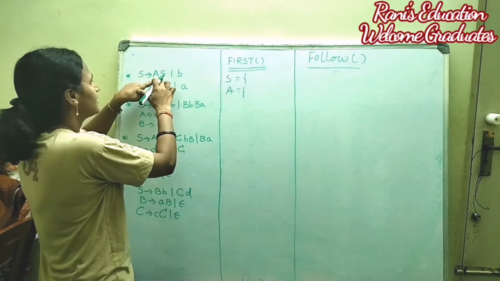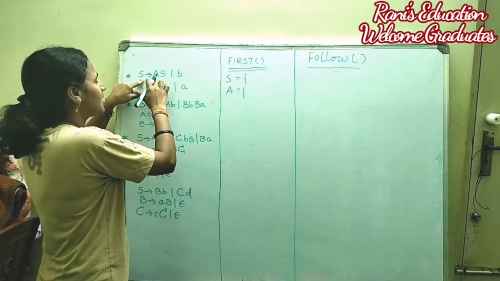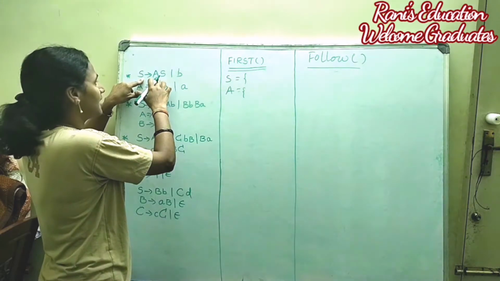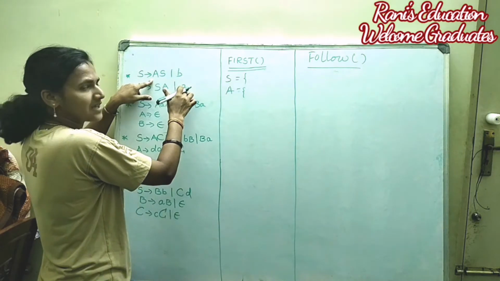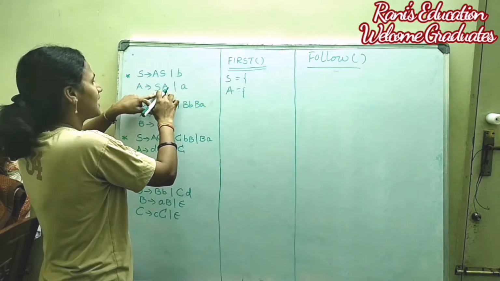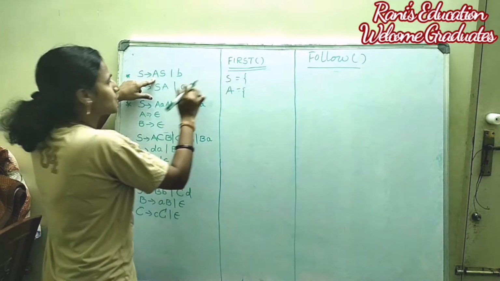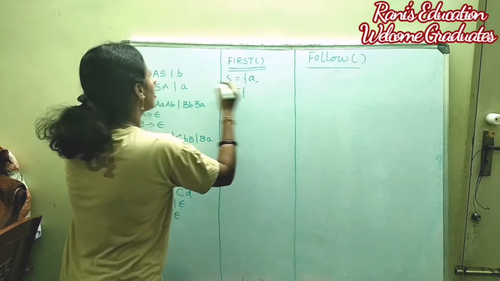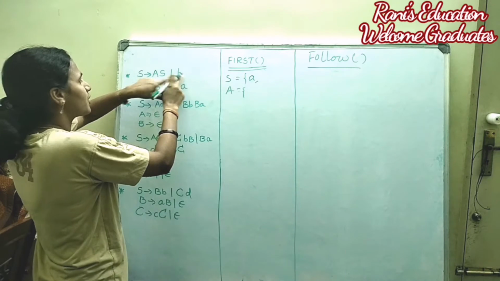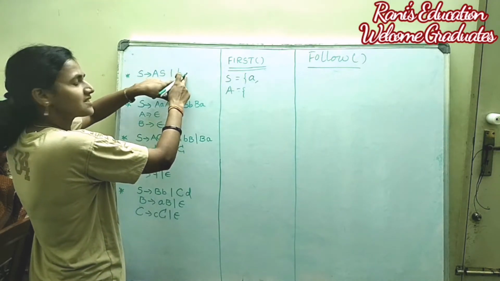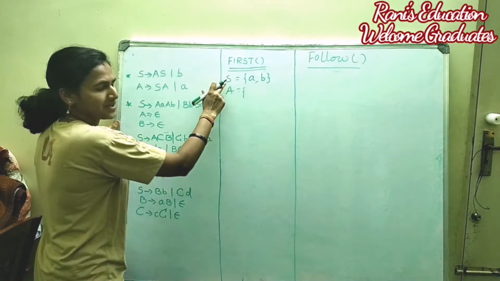Now, take S → Aa | S as one of the productions for the non-terminal S. Whether the RHS starts with a terminal or non-terminal: here it is a non-terminal, right? So I am going to replace this non-terminal by its corresponding productions, that is Se or small a. If I replace capital A by small a, I get one terminal, because the RHS starts with this terminal. Then go for the second production, S → b. Here the RHS starts with a terminal, right? So directly I am going to consider that as one of the terminals for first of S.